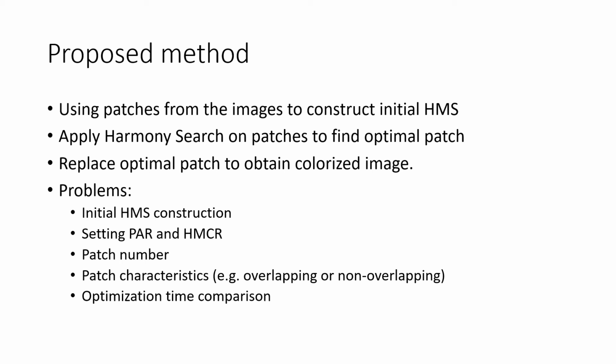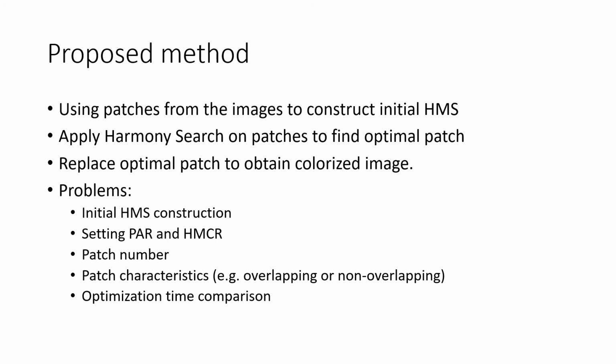If we take overlapping, that is really optimal because all the values will be adjusted accordingly. But the problem is, if we take overlapping, we will have lots of patches, and the number of patches can really slow down the whole colorization process,